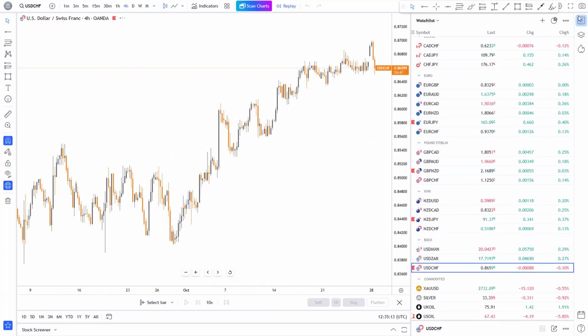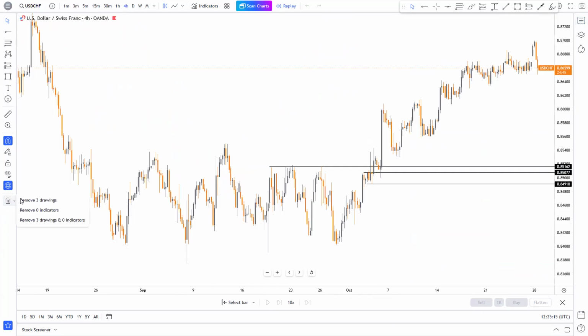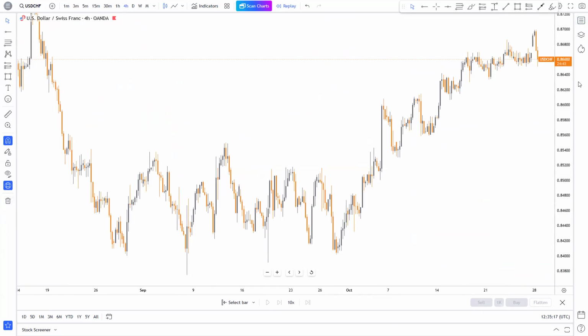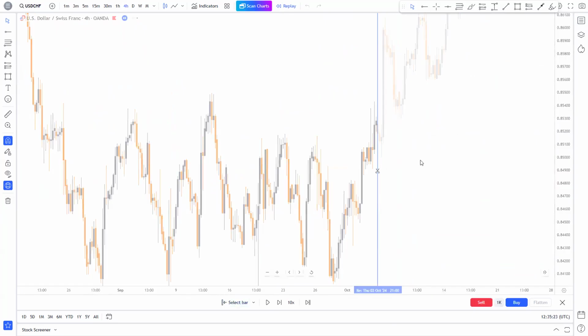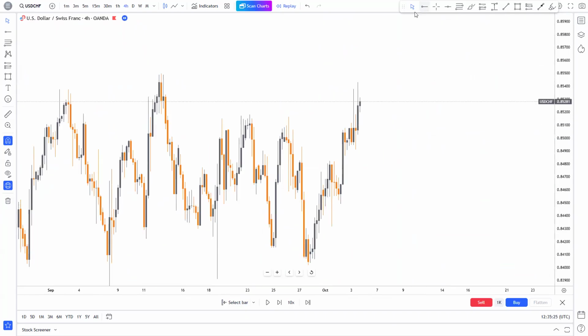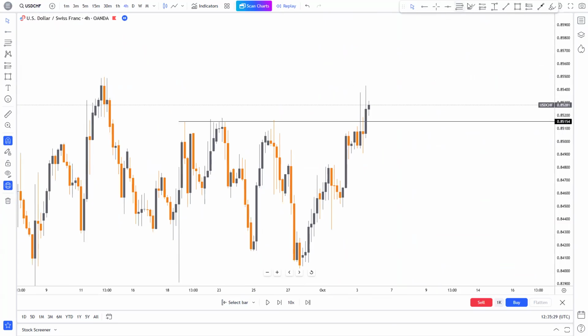Okay, another example here is USD. So for instance here, let me do this. For instance here, this is our area, our resistance. Price has been resisting multiple times, and eventually price managed to break. But before breaking, we had this area of liquidity, and this is our 4 hours time frame, which means